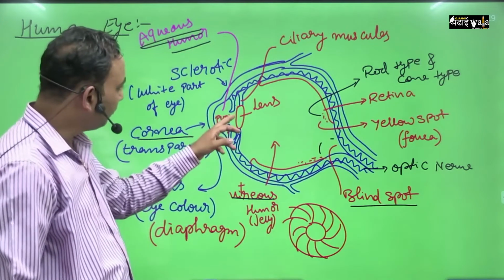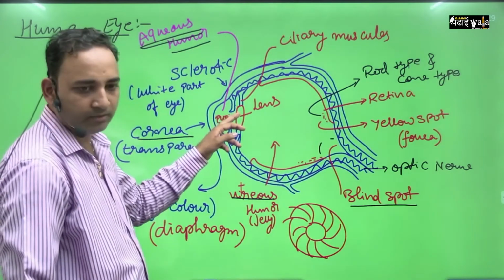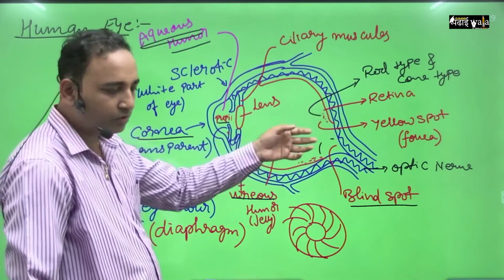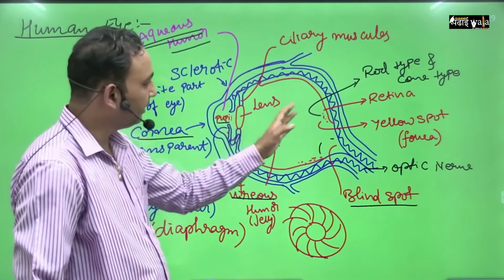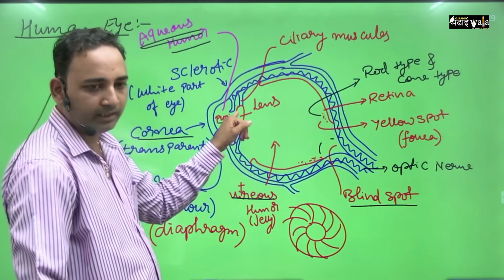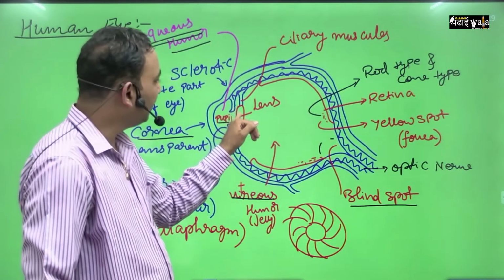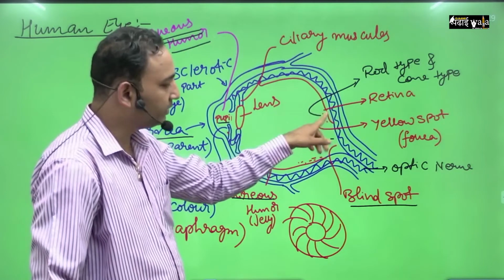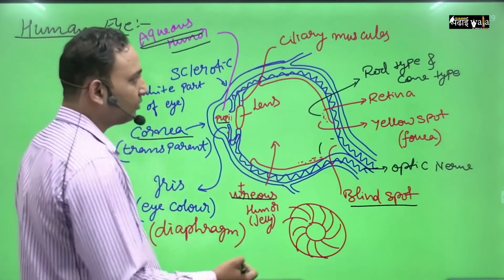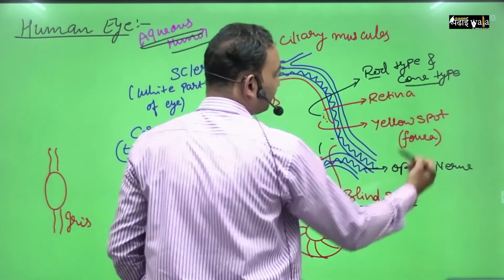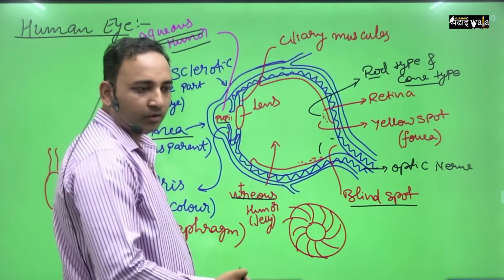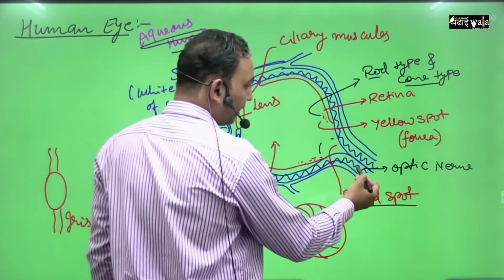See, first of all, it will fall onto this lens, and the lens will create an image on the retina. So the retina is at the focus of this lens. Clear? The retina, or these light sensitive cells, are at the focus of this lens. ठीक है. And the image created by this lens falls onto this retina. Now once the image is formed onto the light sensitive cells, the rod and cone types of light sensitive cells, electrical signals will be generated, and those electrical signals will be taken up by this optic